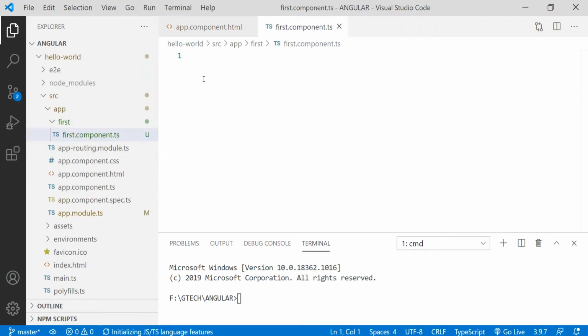Let's create a TypeScript class. Like any other programming language, the syntax to create a class is class, space, class name. The same with TypeScript as well. In our case, it is FirstComponent.